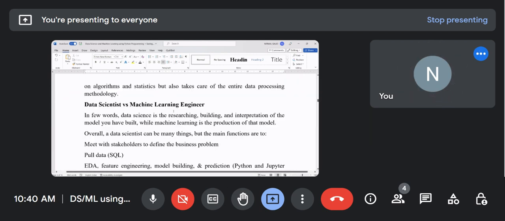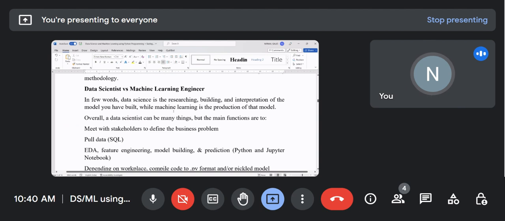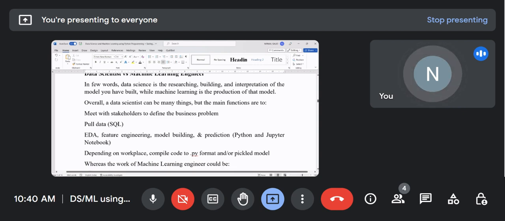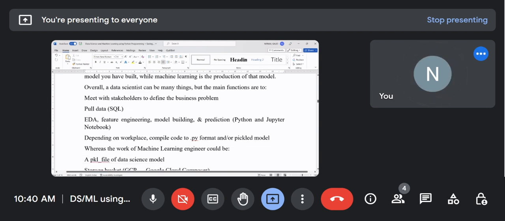Now, how do you differentiate between a data scientist and a machine learning engineer? What do they do? See, overall, a data scientist can be many things. What are the roles? A data scientist can meet the stakeholders and define the business problem. Data scientists know